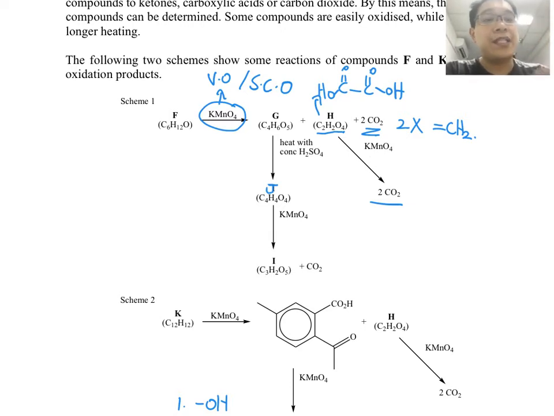Now we take a look at the next part. So here, G, C4H6O5. It's very difficult to say what kind of product that is. But I recognize this reagent and condition. Heat with concentrated H2SO4: concentrated H2SO4 is known as a dehydrating agent, meaning they're trying to do what we call an elimination reaction. So they are removing water. So I suspect that in here, there's definitely a CC double bond. 100% CC double bond elimination takes place. And how do I confirm? We can check the molecular formula. Currently from here to here, 2 hydrogen is missing and 1 oxygen is missing. Carbon remains the same. So it's confirmation that H2O is removed.